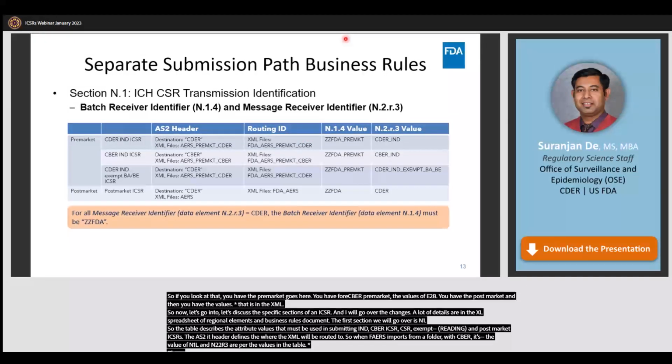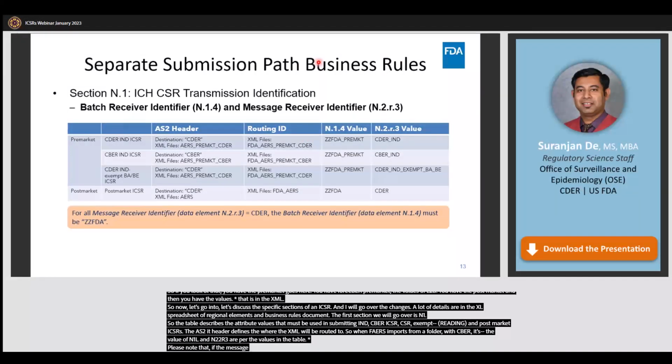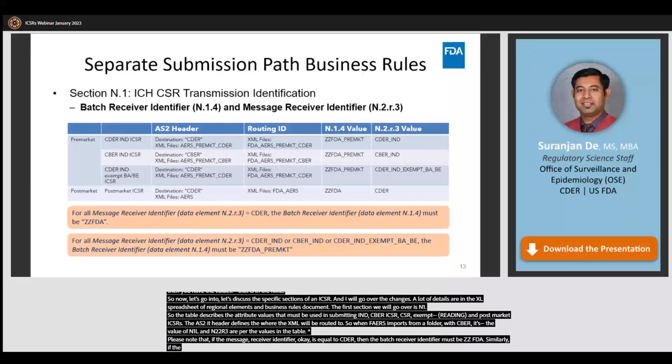Please note that if the message receiver identifier is equal to CDR, then the batch receiver identifier must be ZZFDA. Similarly, if the message receiver identifier is equal to CDR_IND or CDR_IND_exempt_BA_BE, then the batch receiver identifier must be